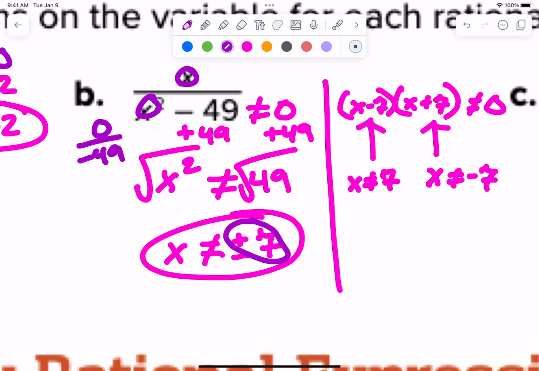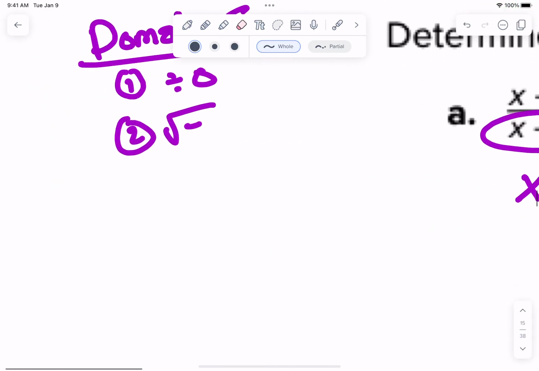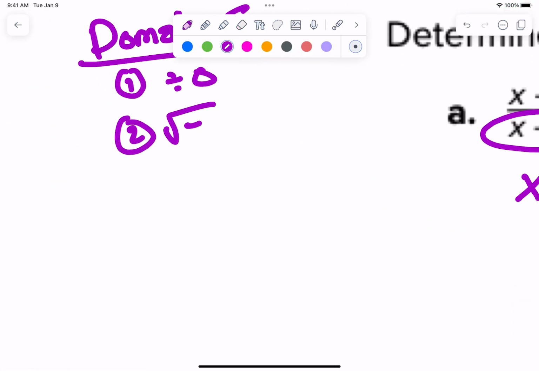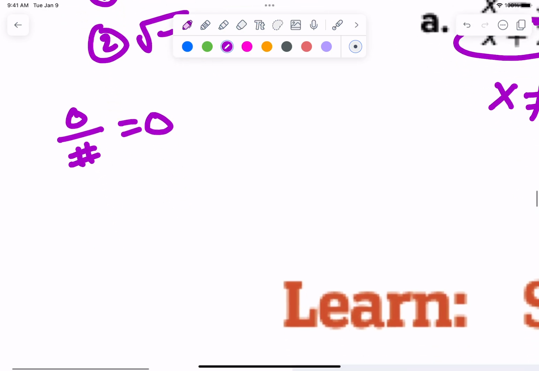0 on the top is just 0. 0 on the bottom is undefined. Okay, so we can't do that. Maybe we should write that down. Let's write that down over here, by domain errors. Let's say 0 over a number equals 0, but a number divided by 0 is